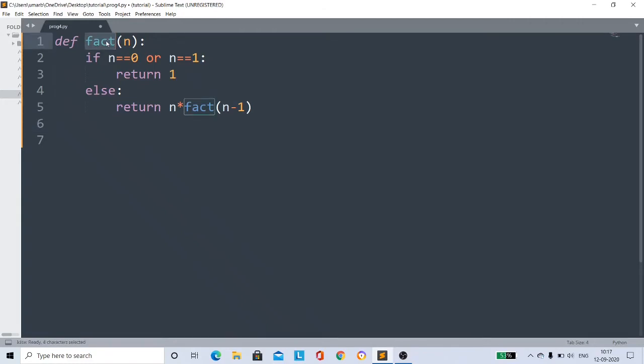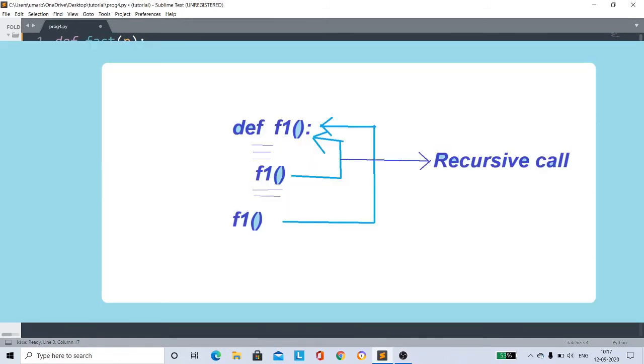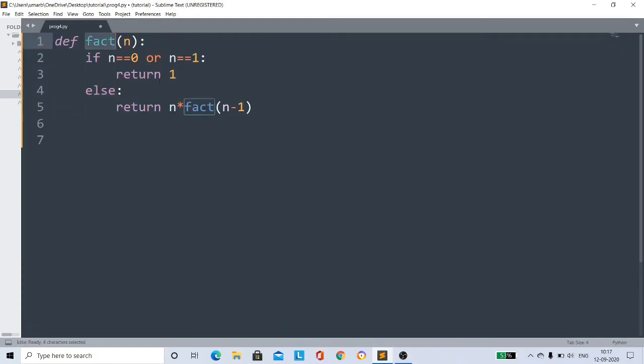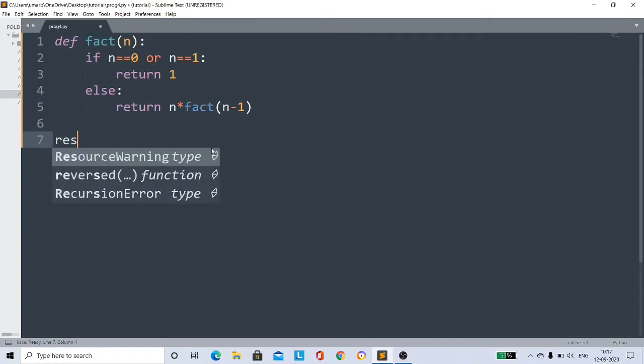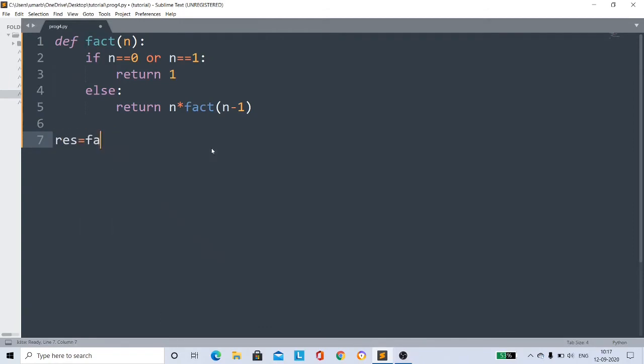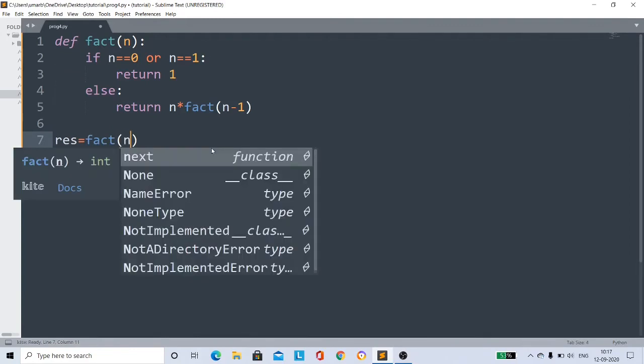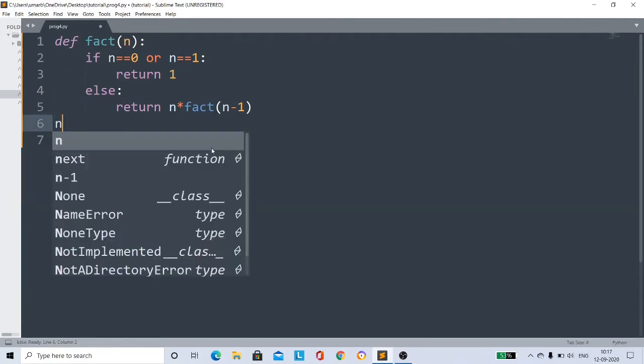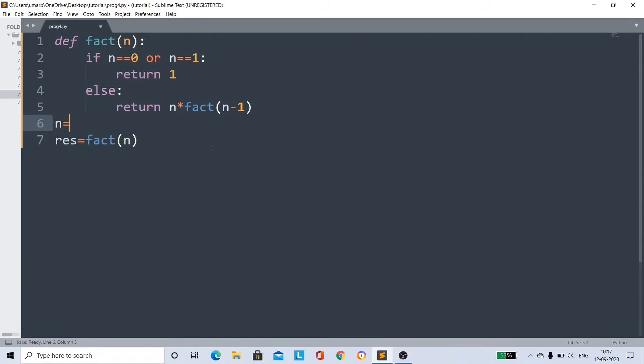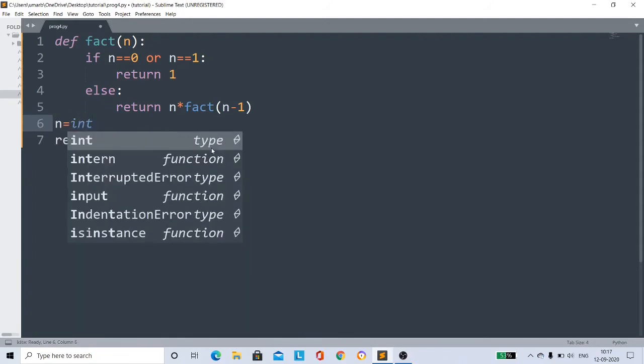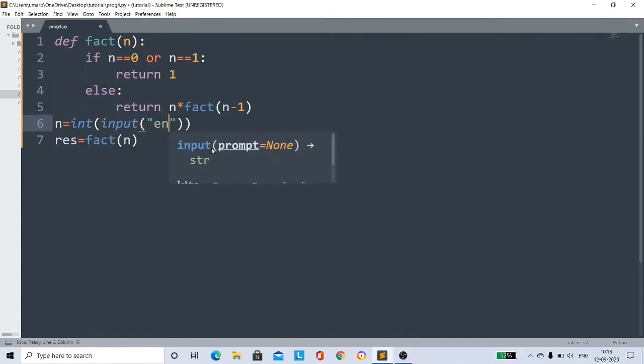Inside this fact function, we call the fact function, right? If you remember, inside this f1 function, we call the f1 function. Like this, here also, inside this fact, we call this fact function. This is what recursion is. Okay, result is equal to fact of n. And n value, you have to give the n value. n equals int of input, enter n value,